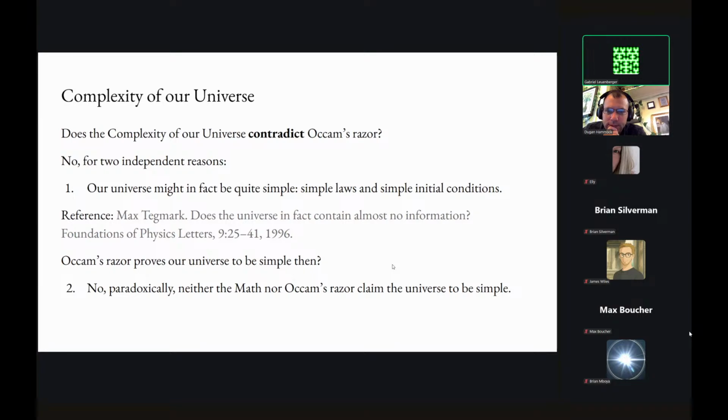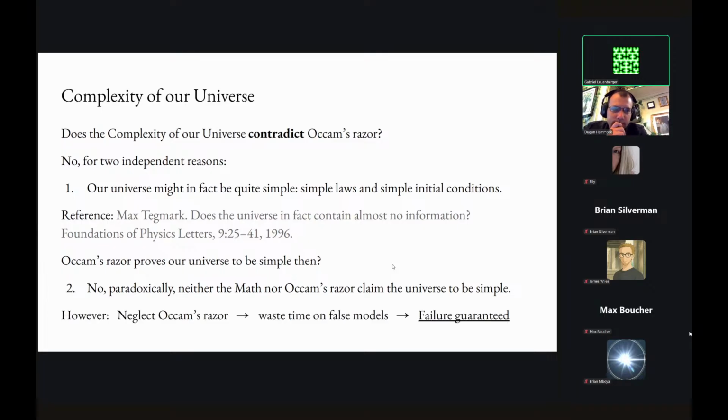What this mathematics here actually proves, and what Occam's razor basically says, is just that that's the best strategy, regardless of whether the universe is simple or not. The best strategy is simply, if you go for the simplest, the strategy most likely to lead you to correct predictions is the one which is to find the simplest models. Sorry for my stuttering here.